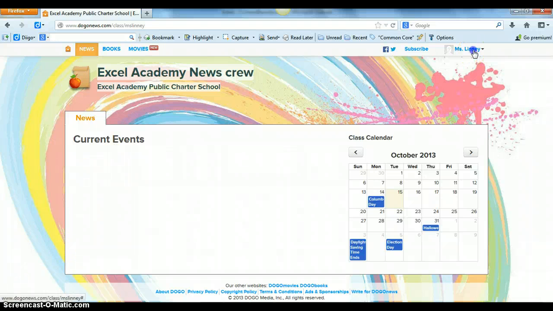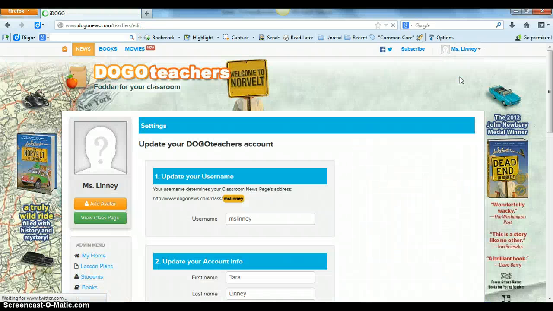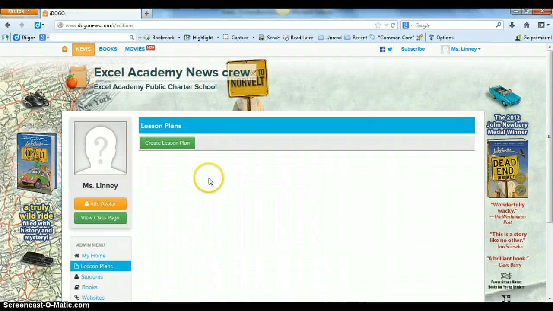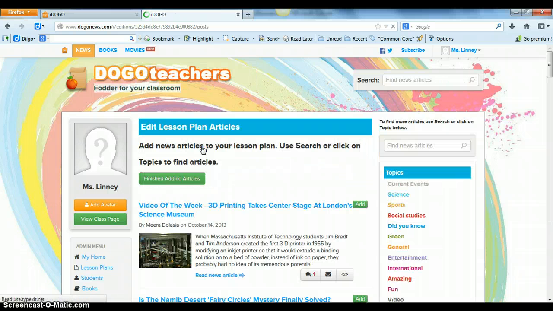Now, when you go to your name and then you go to settings, this will appear with your username and your account information, but right under here, under the admin menu, you're going to see lesson plans, and it's going to say create lesson plans. When you choose create lesson plan, you can choose add more articles,